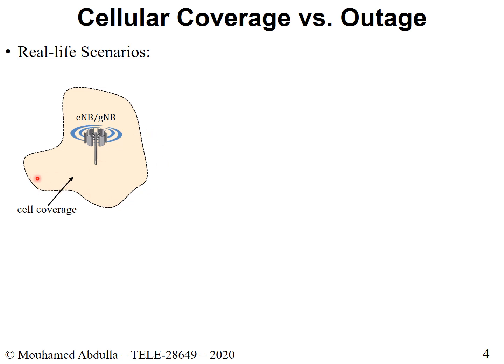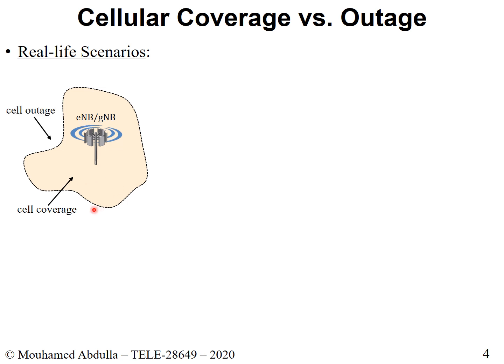If your path loss is larger, you're still connected, but your quality of connectivity is weak. If you are here, you are connected and your quality of connectivity is strong. At this point here, your path loss is small and therefore you have a big receive power. In here, your path loss is large. You're losing a lot of dBs in the channel and therefore your receive power is small. These are the things that you need to understand.